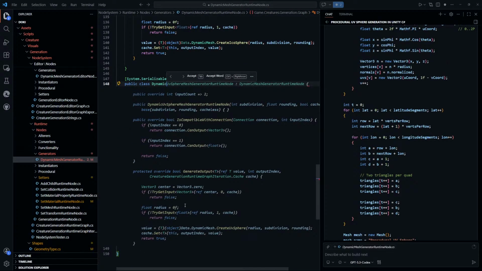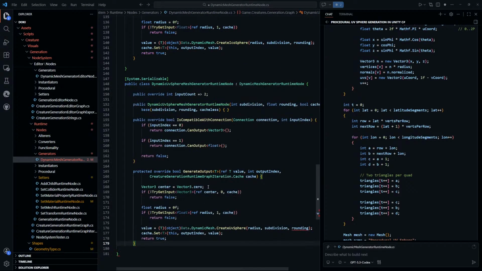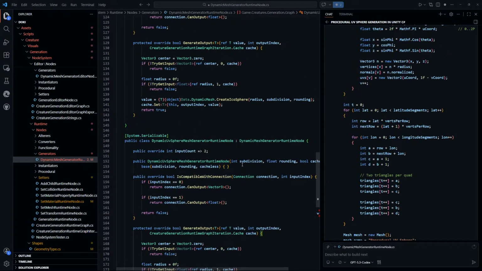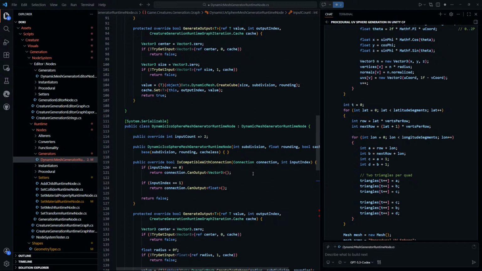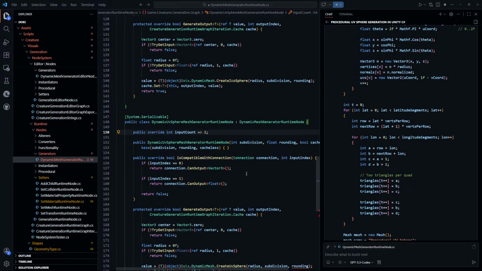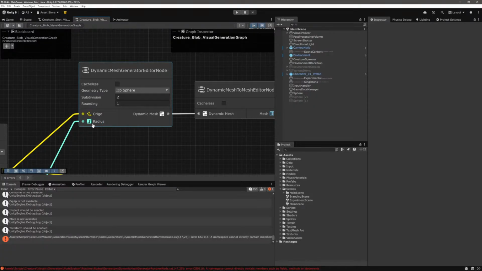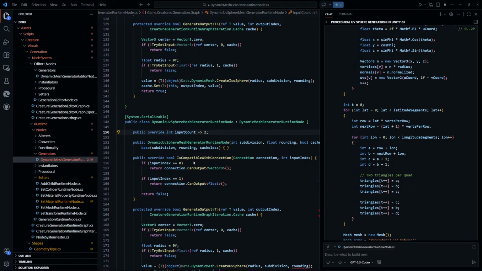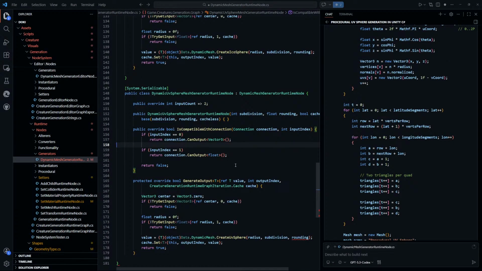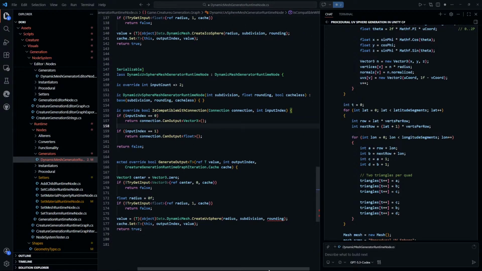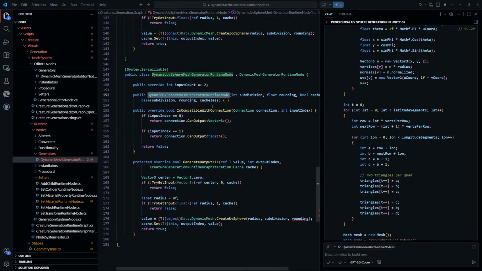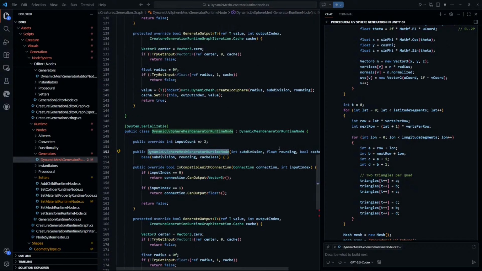Dynamic UV sphere mesh generator runtime node. Input count. I only want 2 inputs here as well. Vector 3. Origo and radius. Maybe. But we want